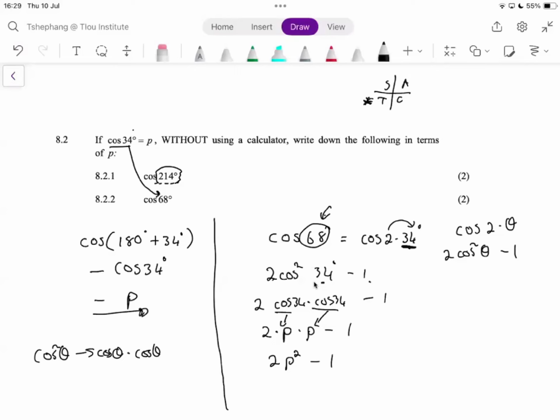Now remember, there are multiple methods that you can use, and if you have a different method but you're getting to the same answer, that's perfectly fine. I cannot do all the methods for the sake of time, but I will try to use the methods that I think are quite easy to comprehend. But if you feel like your methods are easier than mine, that's perfectly fine. You can carry on using your methods. Okay, moving on.